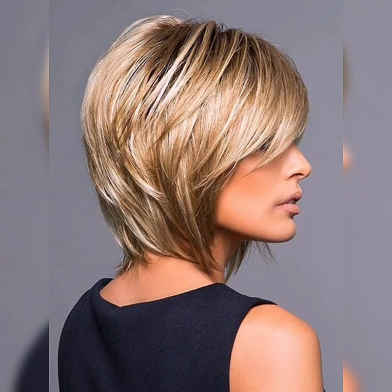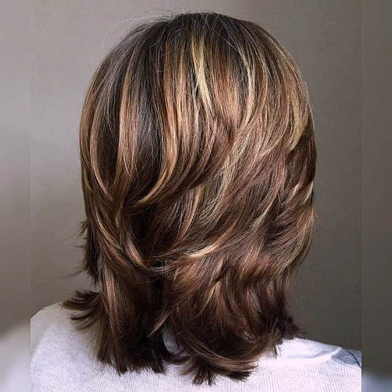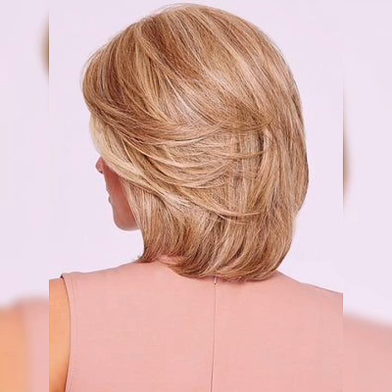So friends, layered hairstyles can be styled in a variety of ways, including straight and sleek, wavy and tousled, or with loose curls. They can be customized with bangs, fringe, or highlights to create a unique and personalized look that